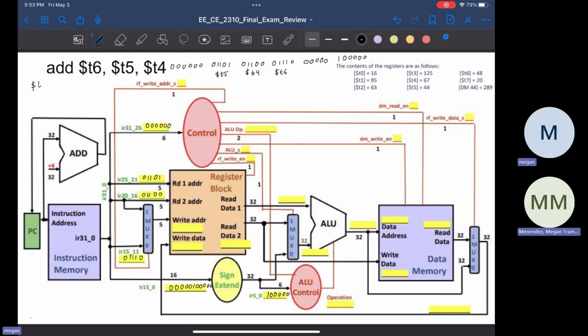You say, okay, well, we're storing into T6 the addition of the 2 registers, right? Which means that we have to write to T6 and we have to read from both T5 and T4. So when we look at the register block, we have this mux to make a decision for. We want to put into the write address T6,